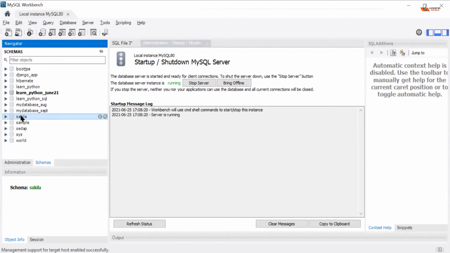Schemas like Sakila, Sample, Sys, and World are already part of MySQL Workbench as default databases. We are going to create our own database and some tables, and insert some data so that you get a good idea of how MySQL interaction works. So this is about MySQL installation.